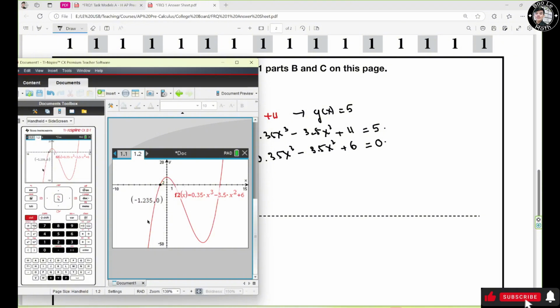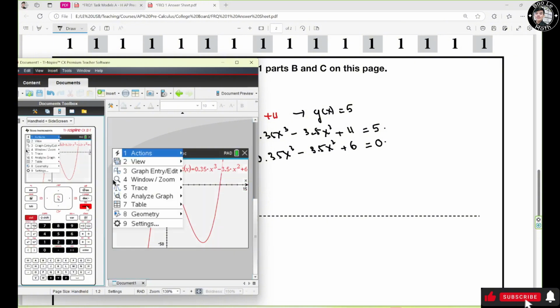Now keep in mind, your answer should be at least 3 decimal places. If there are more than 3 decimal places, you just truncate your answer to 3 decimal places. So keep that in mind. So this is the first 0, right? Now the second 0,